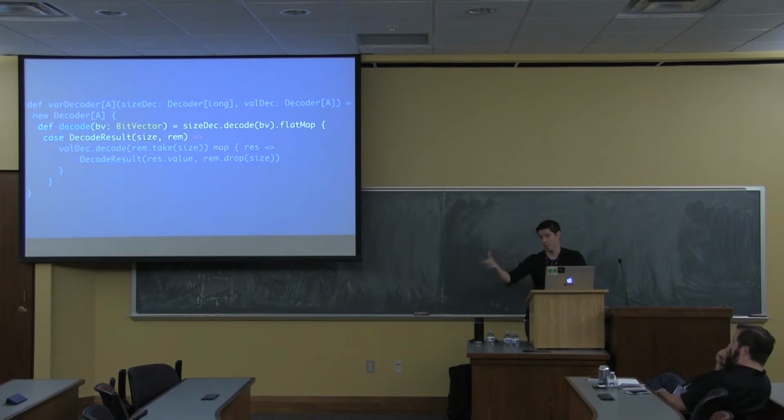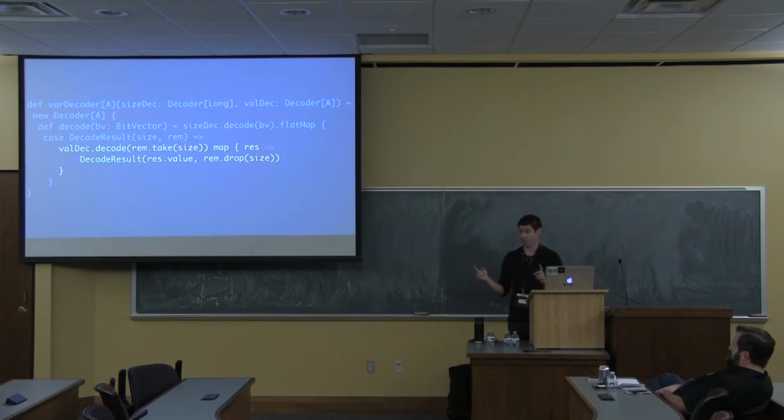That's saying read this many bits, whatever the size of sizeDec is, and then we have a remainder. We can take that many bits from the remaining bits and decode that. We put that in the value, and then we drop the size from the remainder. So does that make sense? It's kind of ugly looking, but